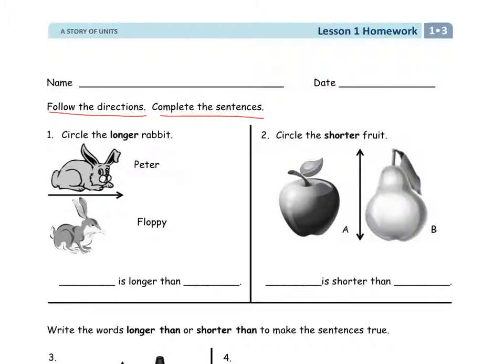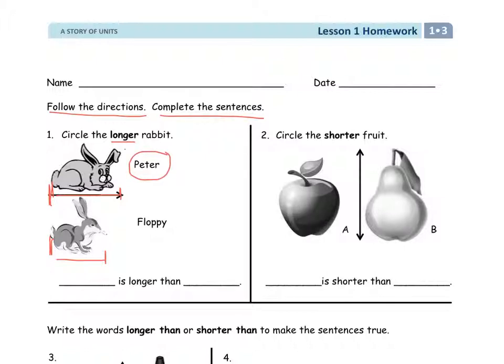So for number 1, circle the longer rabbit. When I'm going to measure, I want to make sure that I'm lining up my endpoints, so it's going to be the back of the rabbits. I see that they're lined up. And then I'm going to measure across, and I see the edge of this bottom rabbit is right there, and the end point of this top rabbit is right there, and I'm going to the ear. This one's to the whisker, so the farthest point of it,